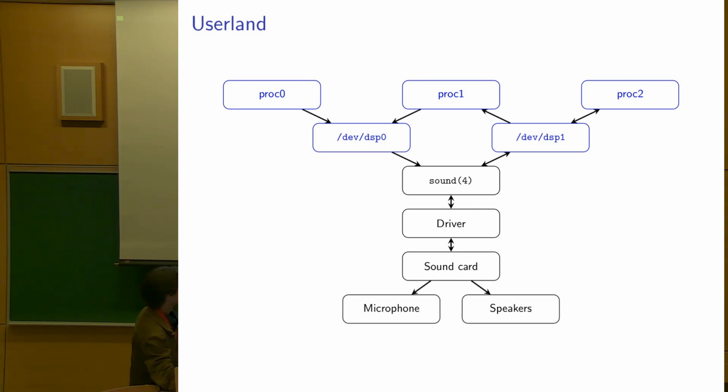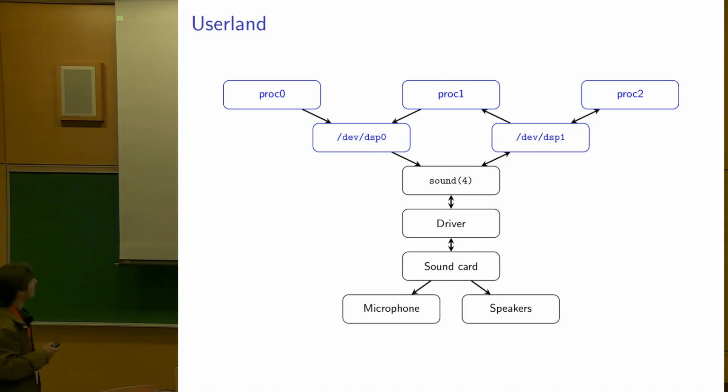So this is the, let's say, very high-level control flow of how sound works. If you notice, the arrows are not all the same. Some arrows send data to the device, eventually speakers. Some others take data from the sound card and go up to the process. So playback, recording. And some processes can do both. For example, you can record sound and play sound, like